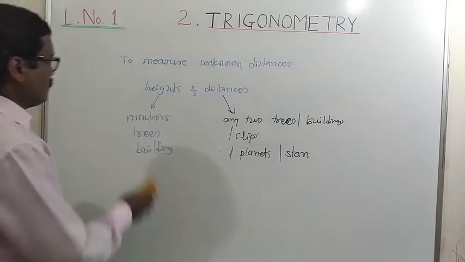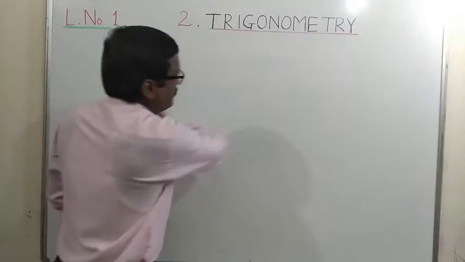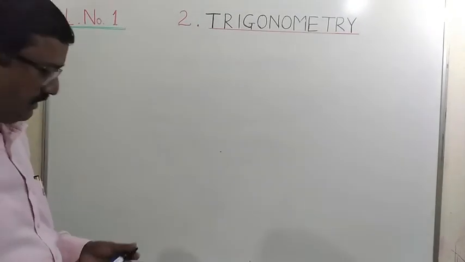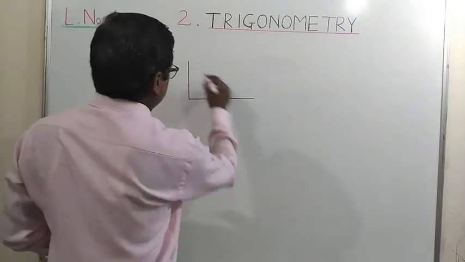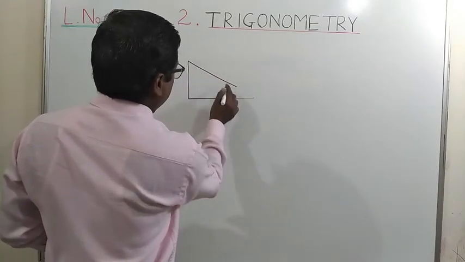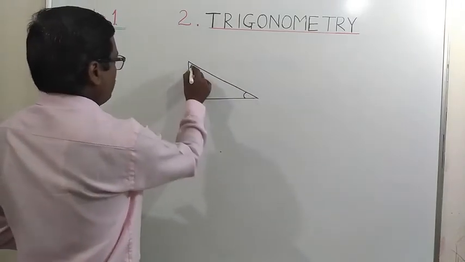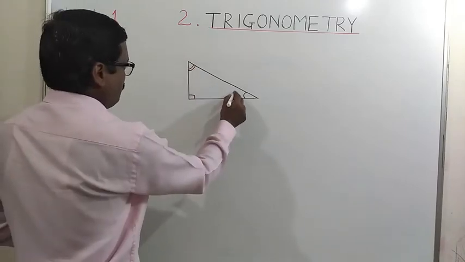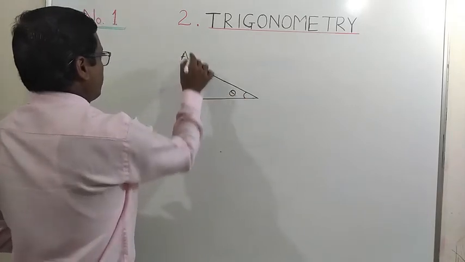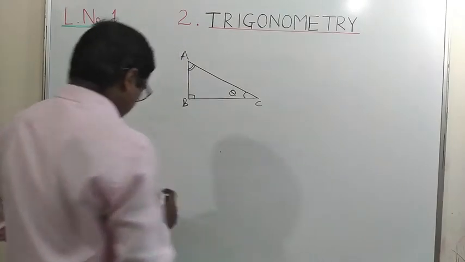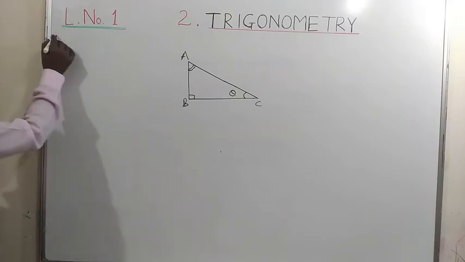Let us once again recall the trigonometric ratios, because up to 10th class we have the trigonometry for right angled triangle. In case of a right angle triangle, suppose this is the right angle, then the remaining two angles will be acute angles. Let alpha or theta be one of the two acute angles. Let us consider the triangle as ABC. Then for this right angle triangle, we have defined the trigonometric ratios.